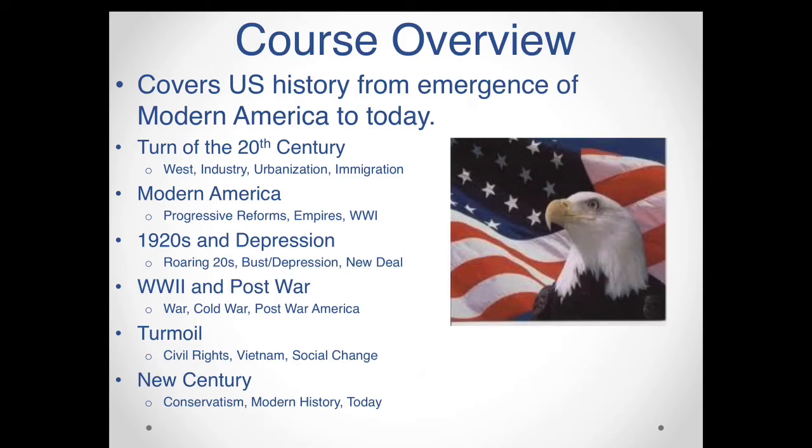And then we find ourselves in World War I. Coming out of World War I, we have a booming economy, but then that leads us into the Great Depression. Following the Great Depression, efforts to get out of the Great Depression with Franklin Roosevelt and the New Deal. We find ourselves in World War II, post-World War II with the Cold War, and then the suburbanization and economic boom of the 1950s and early 60s. During the 1960s, we find ourselves in a great time of turmoil with the civil rights movement, conflicts over the Vietnam War, and in general, the social change of the 60s into the 70s.